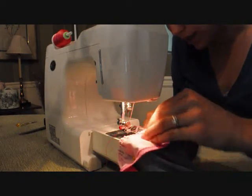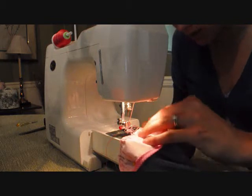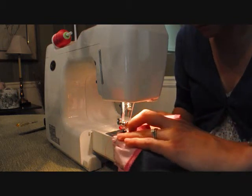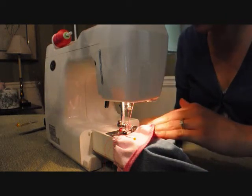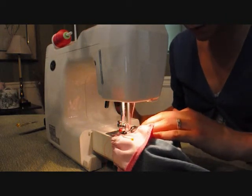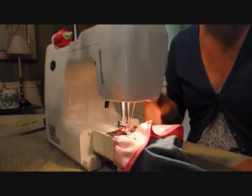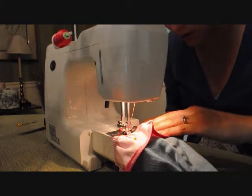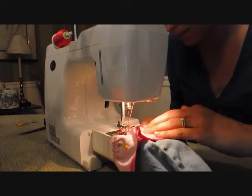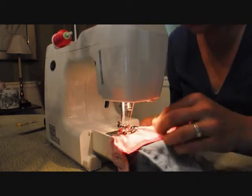I recommend starting at the seam. Again, you always want to start at the seam whenever you're doing something. It hides any imperfections. Your back stitch. Make sure you pull out your pins. You're going to have to turn the jean as you're going. And you're just sewing over